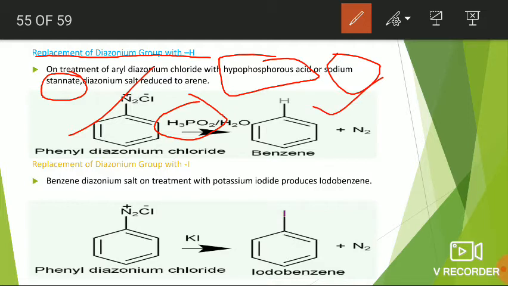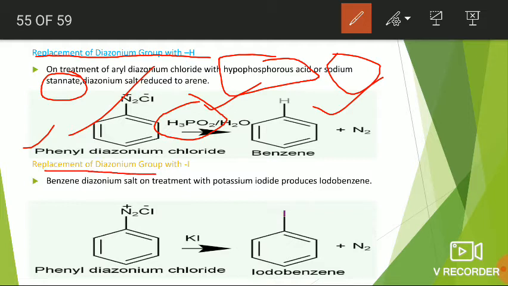Here in this specific example, phenyl diazonium chloride or benzene diazonium chloride on treatment with hypophosphorus acid, we get benzene. Okay, next,